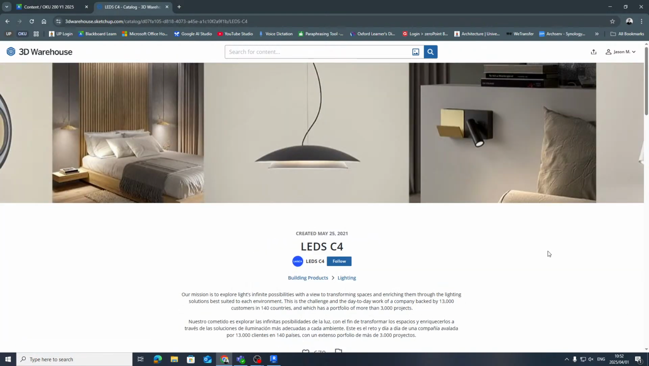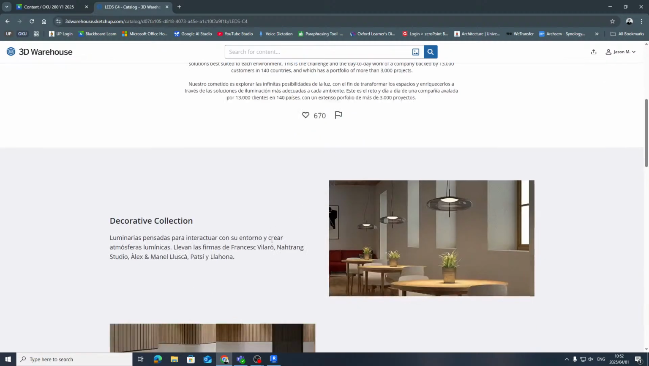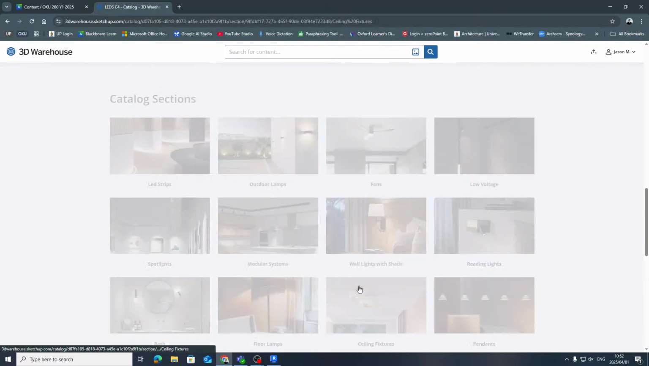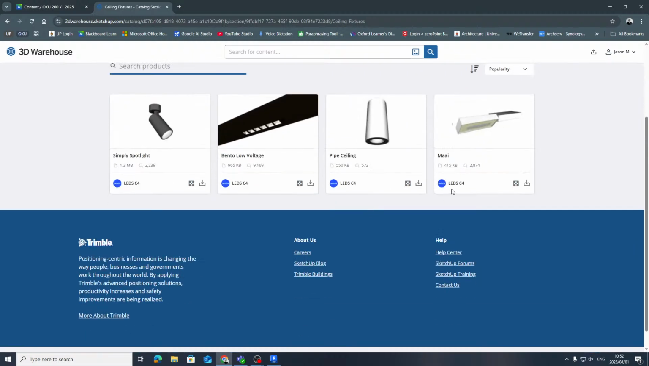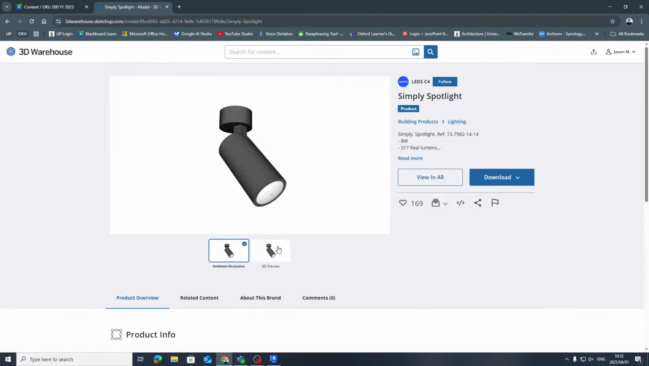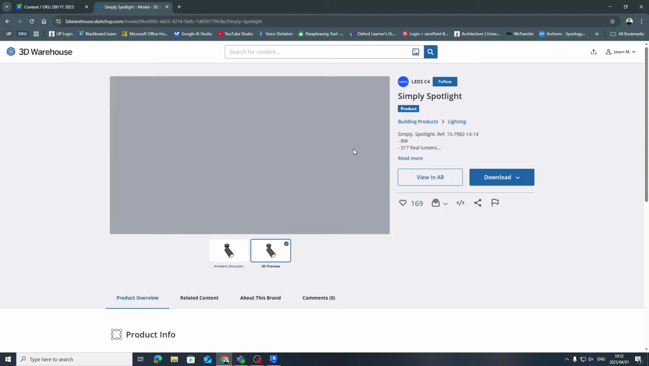There's lighting, for example. So they make these lighting models that you can go and download. You can see they've got all different types of fans. Now these are incredibly difficult to model in Revit. So if I open the Spotlight, for example, and I go to 3D Preview, View in 3D,